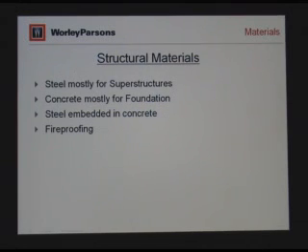Structural materials. We basically deal with two materials primarily, and some other materials. But basically, we always use steel. And steel here is for superstructures. Superstructures, as you've seen in the previous slide, can be for pipe racks. They can be for support structures like the reactor vessel that I mentioned, or they can be for the sea lift modules. The superstructure is all the steel above the base, what we call the base.